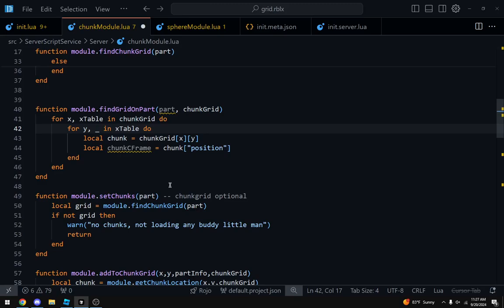But I think we define it right here. Okay. So we have the C-frame from the chunk.